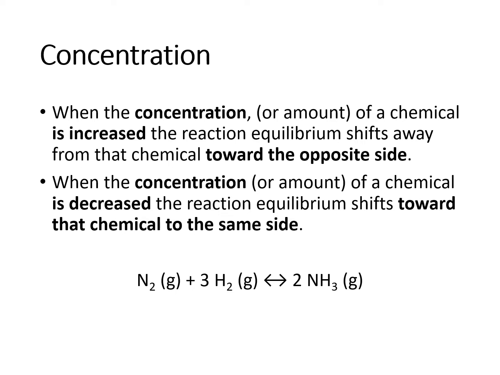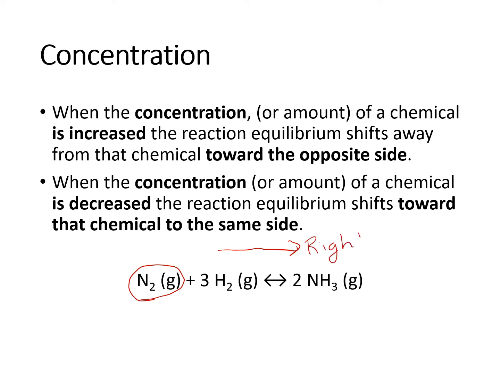The first way we can change a reaction and shift its equilibrium is through the concentration of our chemicals. When the concentration or amount of a chemical is increased, the reaction equilibrium shifts away from that chemical towards the opposite side. An example of this would be in the reaction seen below. If I added more nitrogen gas to my container, so the whole reaction is in one container, that's extra reactant. So the forward reaction will take over and it will shift to the right